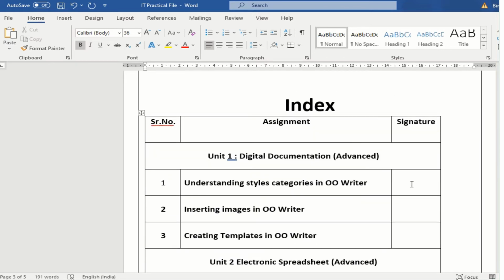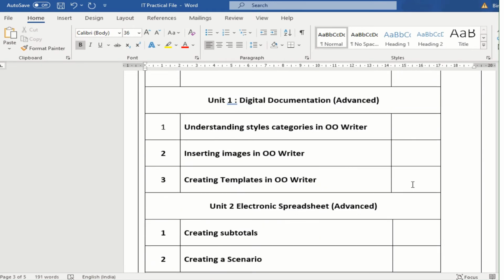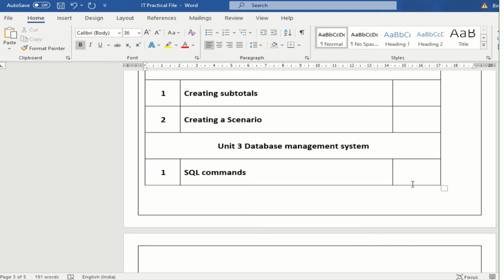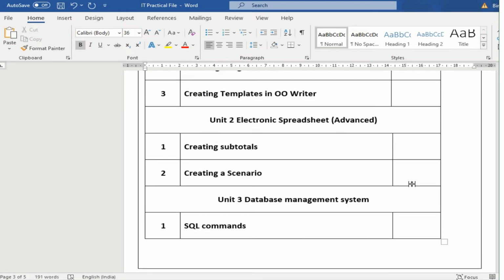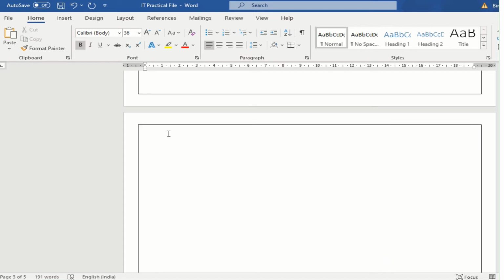An index page is compulsory because I will sign it after I check each and every page. This is the place where it is going to be. So this is the way the index page will be displayed. Below that, you are going to start with your first